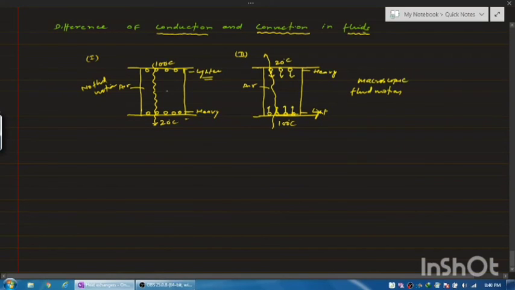So here this is the mode of heat transfer defined by conduction, where energy, this heat, is transferring due to the intermolecular collision. And here, along with the intermolecular collision, that means conduction, there is a macroscopic fluid motion, and this combined behavior is actually called convection. So this is the example of conduction, and this is the example of convection.